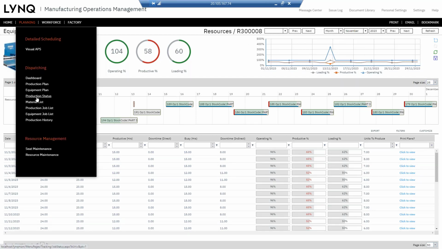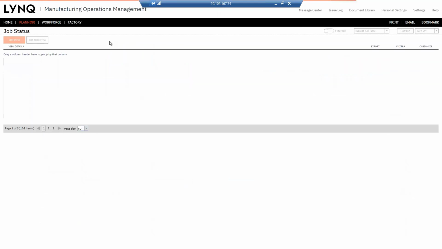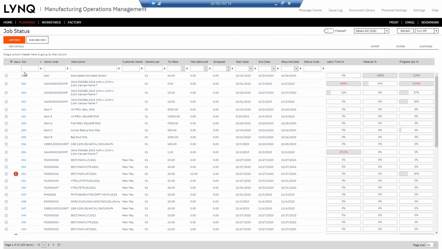So then I could look at production status. This gives you, any one of you really, a view of all live production orders. And again, in a grid like this, I can sort, group, filter, export out. I can customize and bring in other data into this view. But we've got some canned filters.